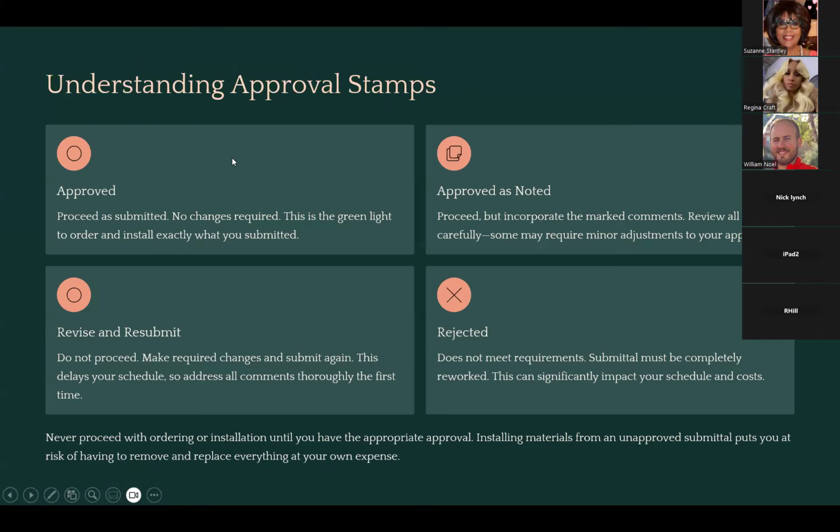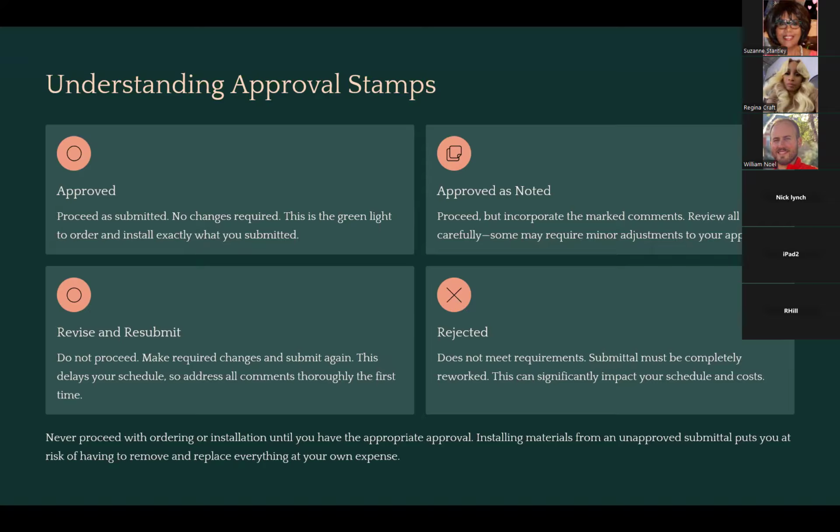So let's talk about the approval stamps and all the different responses that you can get on an individual submittal. And again, these are kind of the four most common. There's other ones, and I do have an actual architectural stamp that we'll look at when we get to the example here. So the first one and the one you hope to get is just approved,